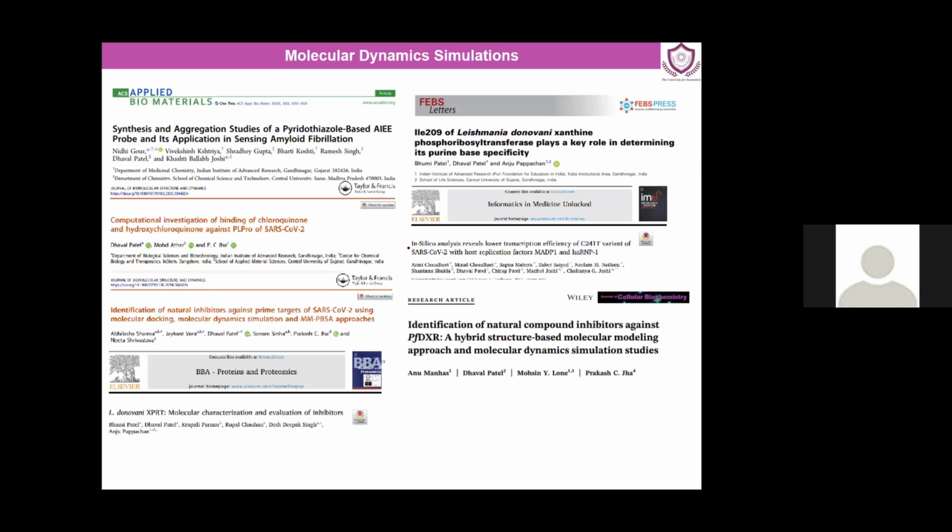Particularly myself, I have used simulation for many different studies, for many different problems to address biological investigations, and we have published in very good journals. For SARS-CoV-2, we have three publications and two more in the pipeline, wherein we have used this simulation technique to showcase how the protein behaves in the presence of any small molecule or any other component, whatever the area of interest is in our case.